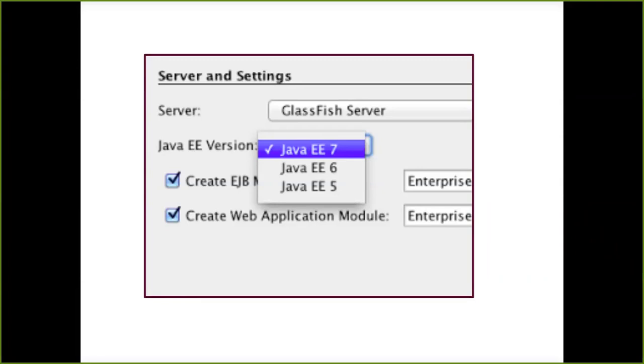You just have to understand this particular picture, where at one point you have to mention the server which you want to use in your practical. So either you can select from the drop down Glassfish server, or you can use the Tomcat server. And if you see exactly below that server, you have a Java Enterprise Edition version. Right now we can see that three versions are supported, that is 5, 6, and 7. We are going to have Enterprise Edition 7 because that is the demand of your syllabus.